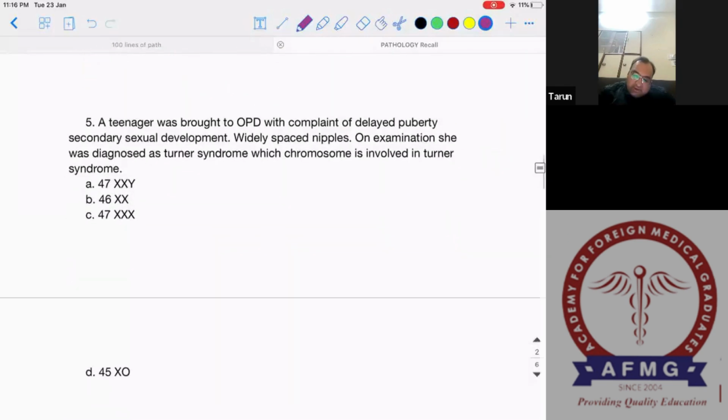Okay, the next question is quite an easier thing. I think you all have got the right answer. A teenager was brought to the OPD with the complaints of delayed puberty. Secondary sexual development is again abnormal here. Widely spaced nipples are there. Okay, so the answer is that it is